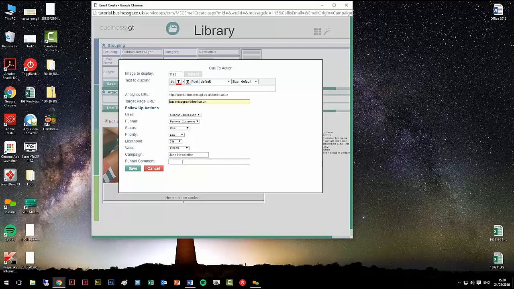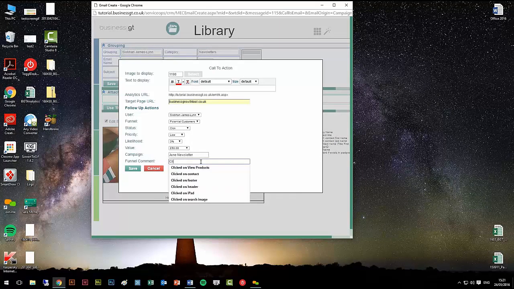And I'm also going to add a comment to go in the sales funnel. Because we can add as many calls to action as we'd like in the email, what we can do here is specify which call to action they've clicked on. So for example, in here, I'm going to say, clicked on the Start Now button. And what this is really good for is differentiating between what people are interested in. So for example, if you wanted to send an email to your contacts with a list of products or services, and set each one of those services up as a call to action, you could then gauge how many people have clicked on service 1 versus service 2 and use it to generate insight into what people are actually interested in. So I'm going to save that,